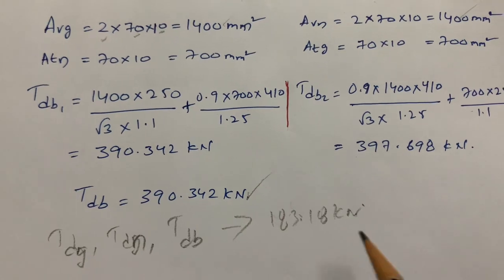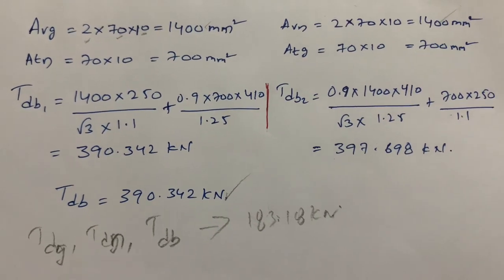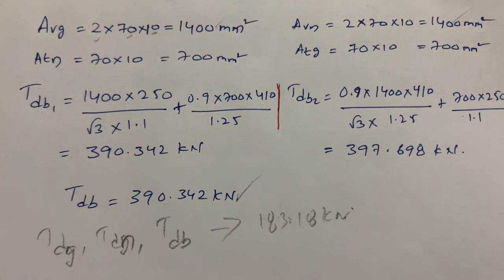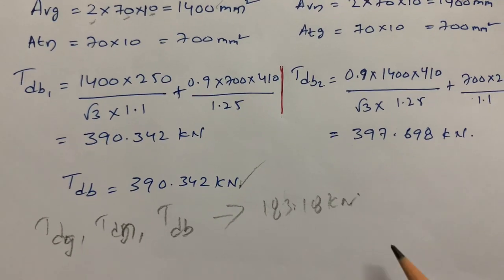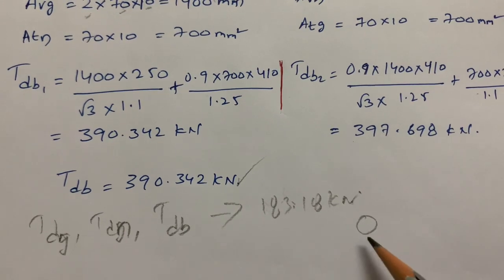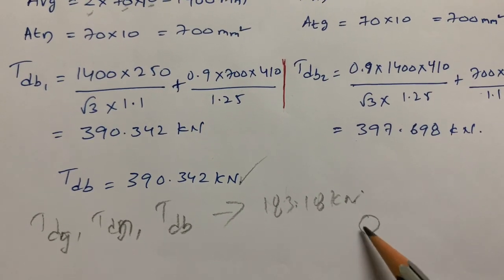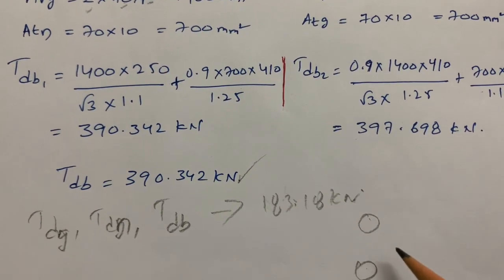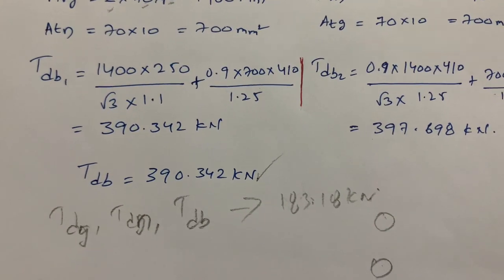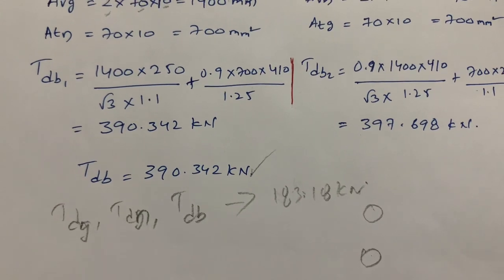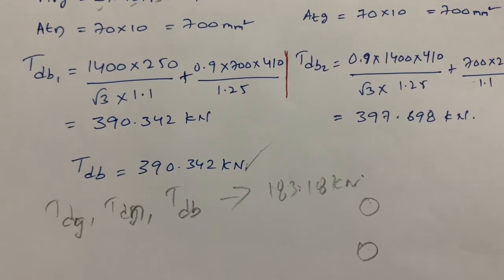Like that we need to calculate for the welding connection. But the main advantage in welding is, while we are calculating the bolting, there is a loss of material because of the hole portion. We need to make holes for inserting the bolts, but here there is no need of wasting the material. The strength is high and the material is also not wasted. That is the main advantage in welding.